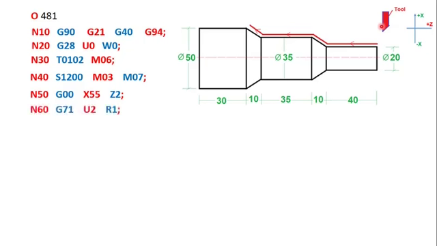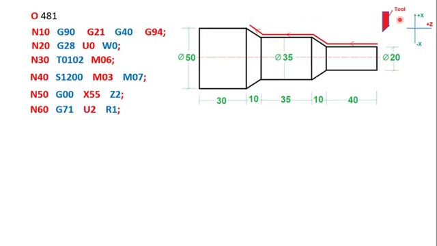Then I define G71. Here I am giving a depth of cut of 2 millimeters and a retraction of 1 millimeter. So every time, it will move along this path giving a depth of cut of 2 mm, then move up by 1 mm and come back to its start position again.